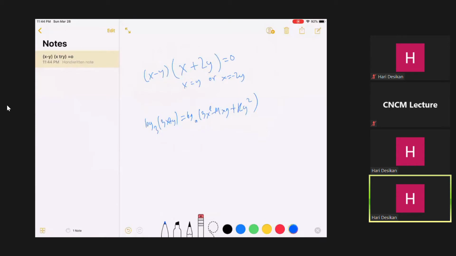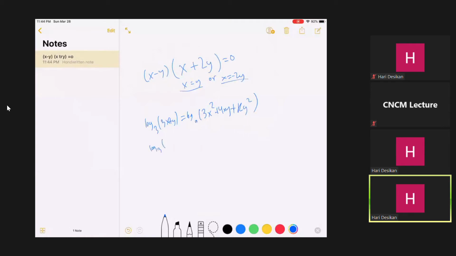I hope this is legible. I will attempt to make it a little bit more legible for you. 3x squared plus 4xy. And we just plug in our cases. We have x equals y or x equals negative 2y. If x equals y, this becomes